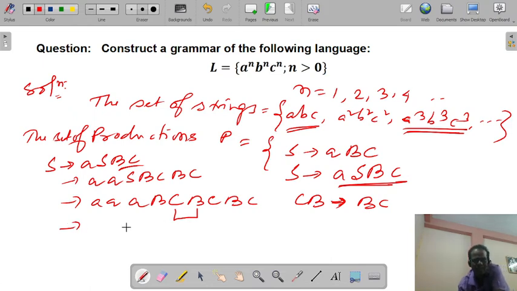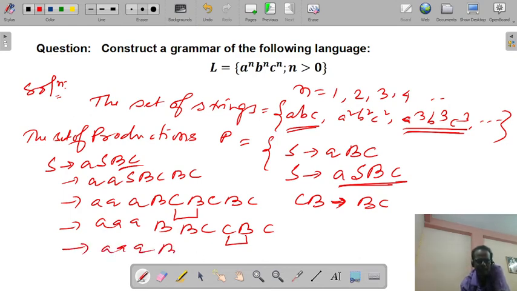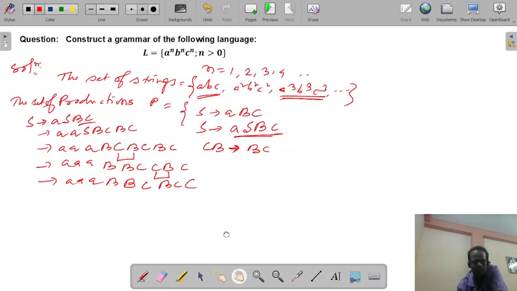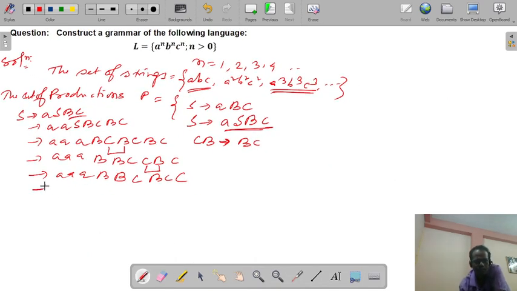So by this production we can write aaa, B, this CB will be BC, then CB, C. Now this CB needs to change: aaa, then BB, then this will be C and this will be BC and this is C. Next this CB needs to change to BC: aaa, BB, then this CB to BC, CC.